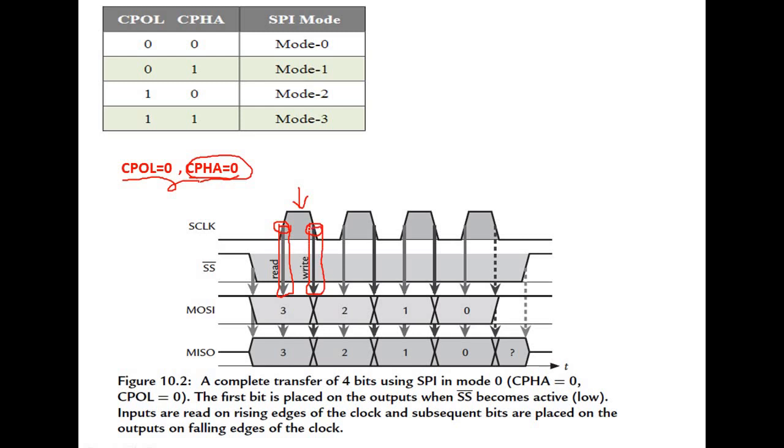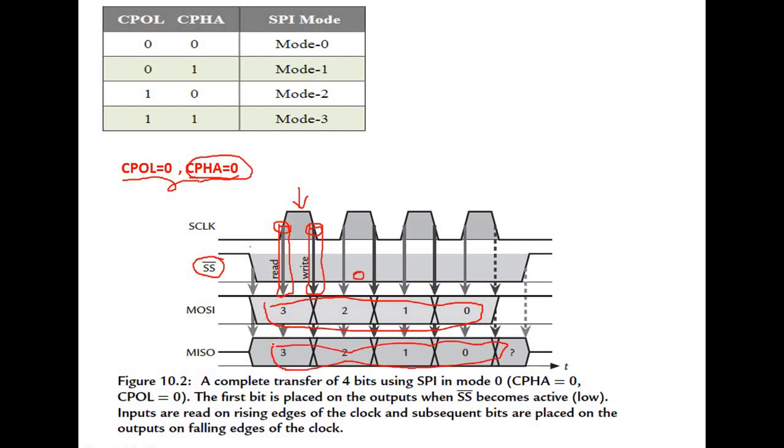And you can observe that slave selection line. The slave selection line is an active low signal, as I said. Here see the low. This signal will activate your slave. And these bits MOSI and MISO show the bits that are being transferred.